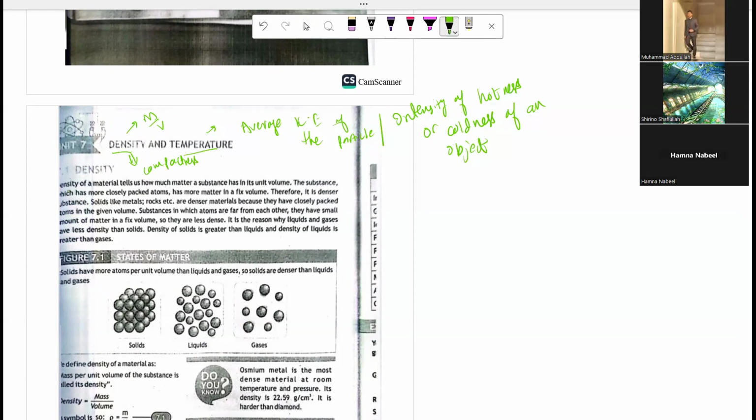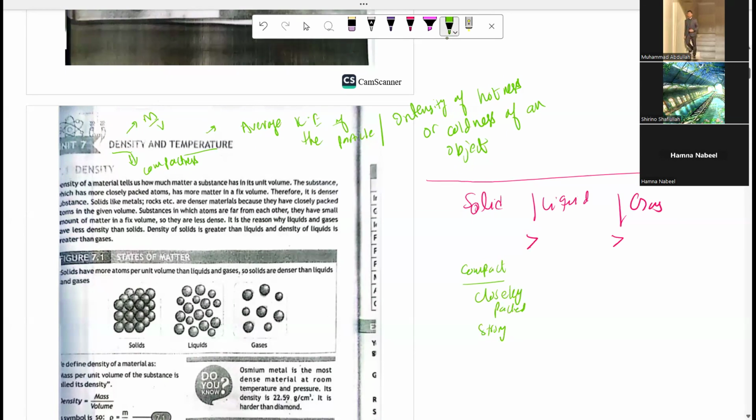And when it comes to the discussion of solid, liquid, and gas, when we discuss the densities of the objects, solid has the most density, then liquid, then gas. The reason behind this is that the particles are most compact in solids, closely packed with strong intermolecular forces